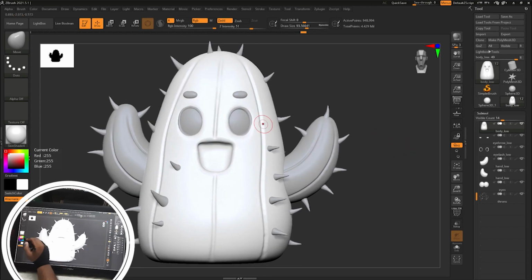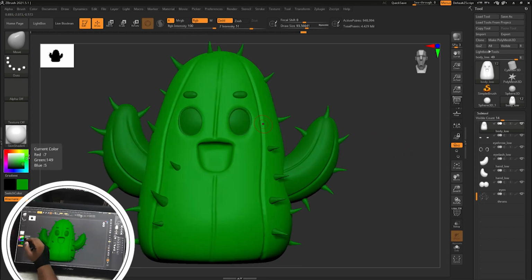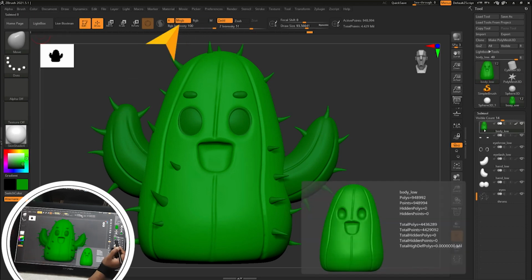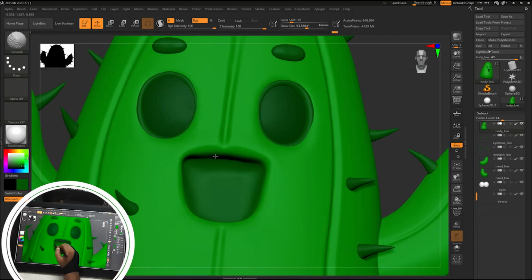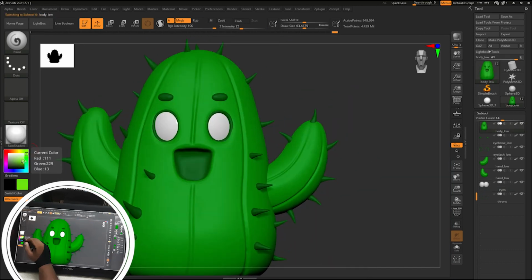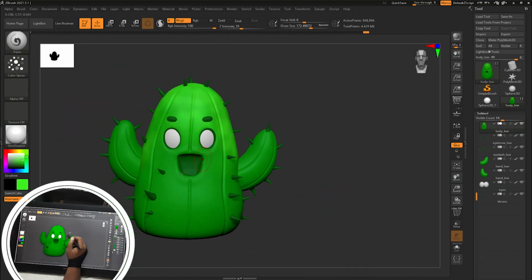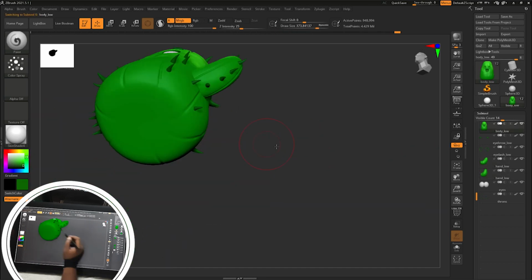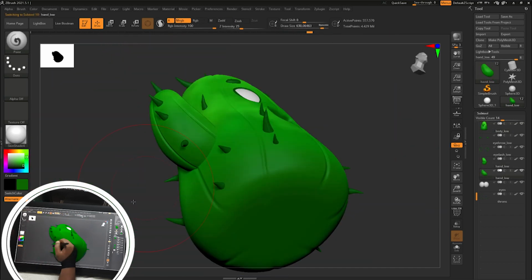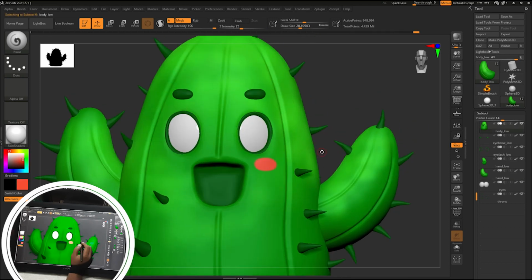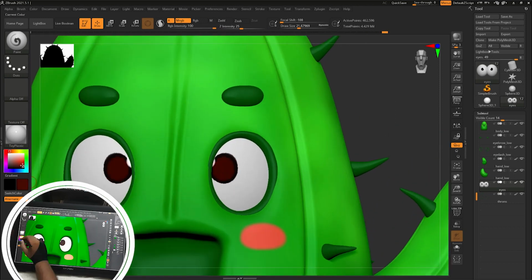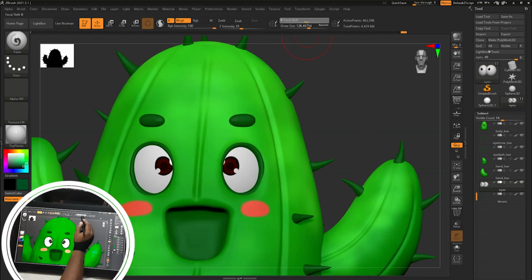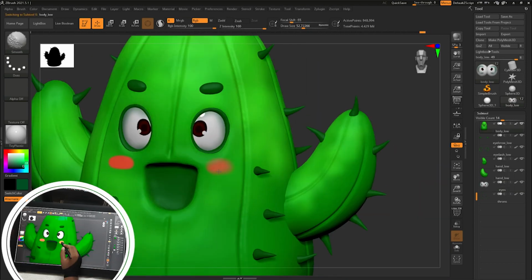Now I'm selecting the material and selecting the color, and by turning on the mRGB button and going to the color option, I'm filling the color on every part. And with the paint brush and color selected, I'm painting manually the different variations of colors. And for the eyes, I have applied toy plastic material and painted the eyes. So as you can see, the texture is complete and the model is complete.